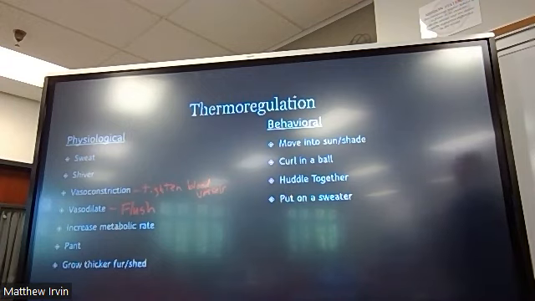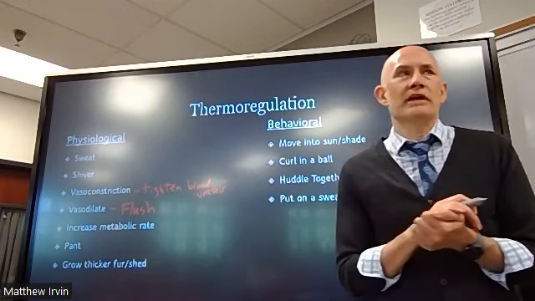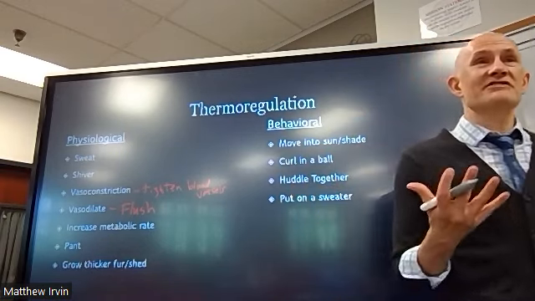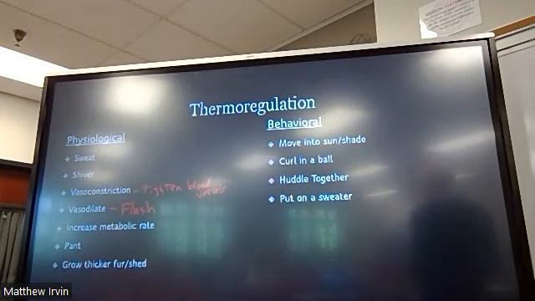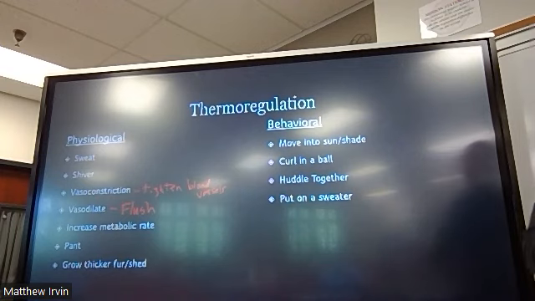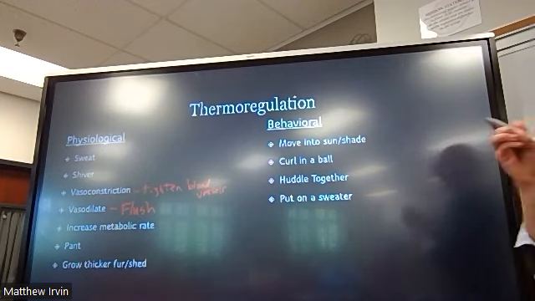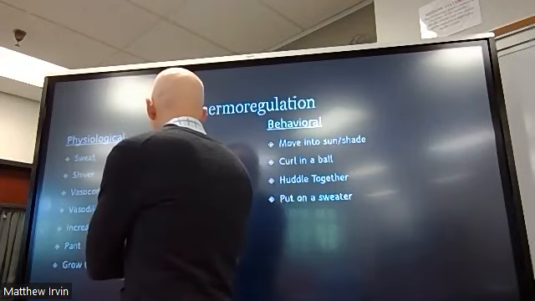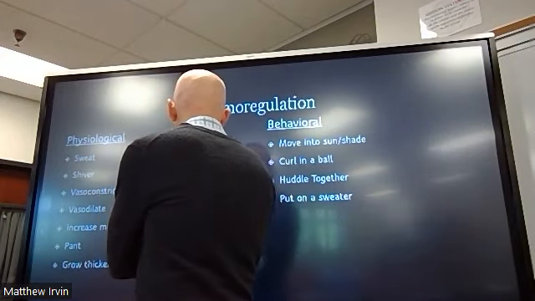Some animals have the ability to increase their metabolic rate. We can do that very slightly. In our bodies, we have adipose tissue, which is fat. The majority of adipose tissue is white adipose tissue, but there's also something called brown adipose tissue. Animals that live in colder climates have higher levels of brown adipose tissue. And the reason that it is brown is it has a higher number of mitochondria in it.